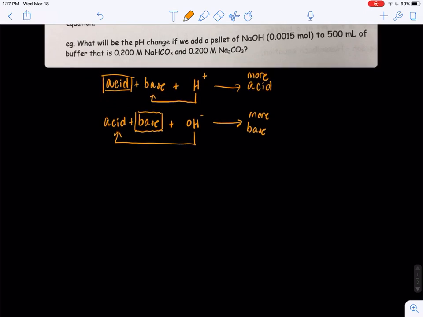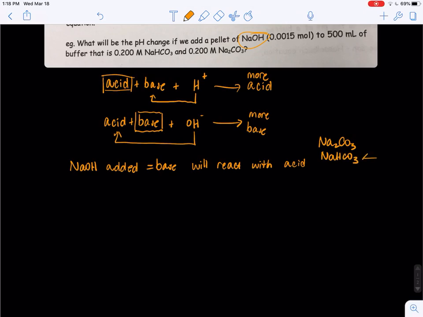First, we want to identify the substance being added, okay? So NaOH is being added. And this is a base. And bases will react with the acid. And we have two substances present. We have Na2CO3 and we have NaHCO3. The substance with more hydrogens is going to be your acid. So the NaOH will react with